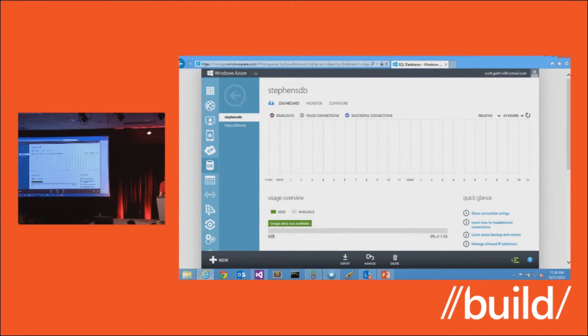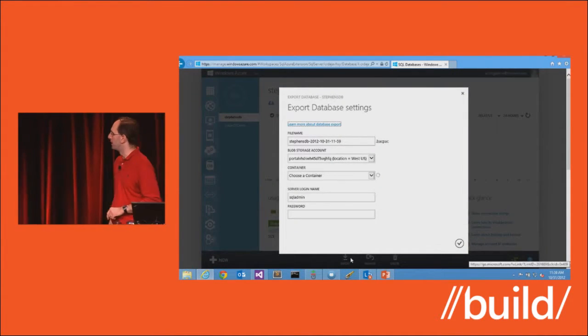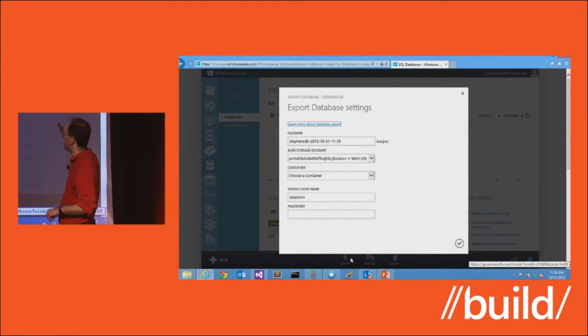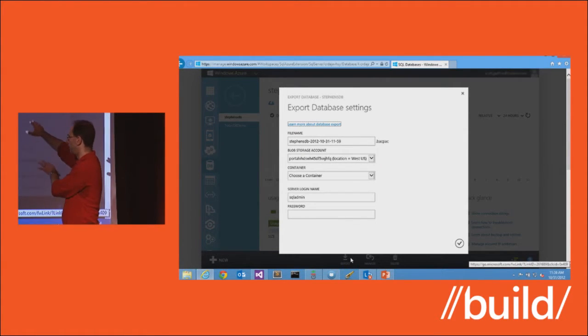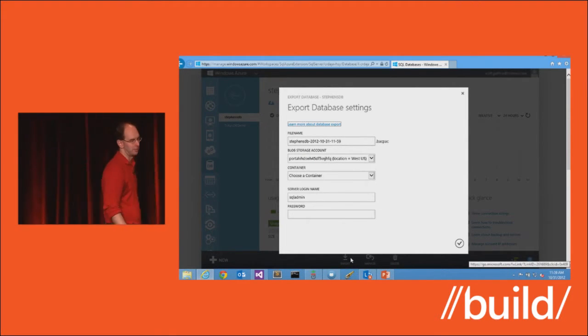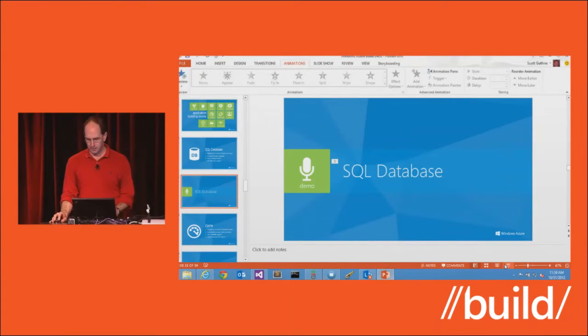You can also go ahead and notice this export button. This is something we introduced recently. One of the things this allows you to do is you can now export your database and save it on blob storage, which also means you can download it, and we use the same backpack format that SQL 2012 uses on premise. So it's a great way that once I do my development, if you want to, you can export it, and you can actually install it on SQL on-prem, or vice versa. You can import and export it directly through here. So just one example of a managed service that you can use.